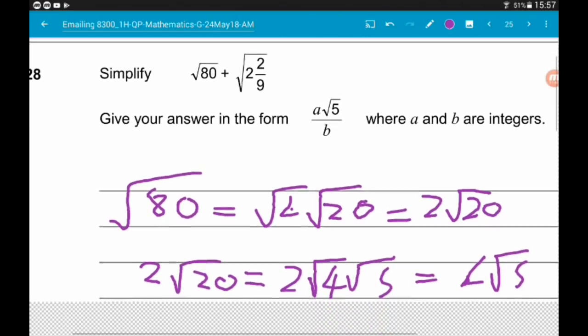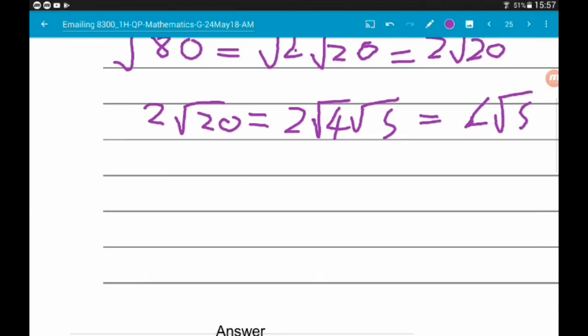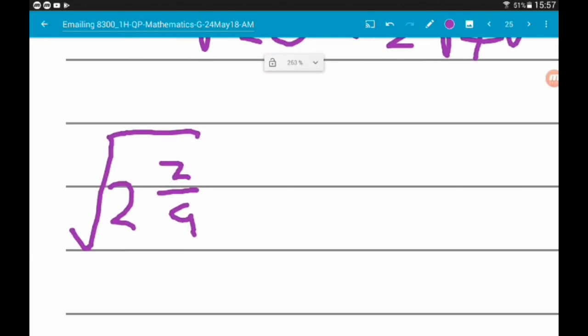Now we want to play around with root 2 and 2 ninths. So the secret to surds with mixed numbers is that you don't want surds with mixed numbers. So we're going to turn this mixed number into an improper fraction. So to do that, we multiply the bottom of the fraction by the whole number, so 9 times 2, and then add the top of the fraction. So this is going to give us 20